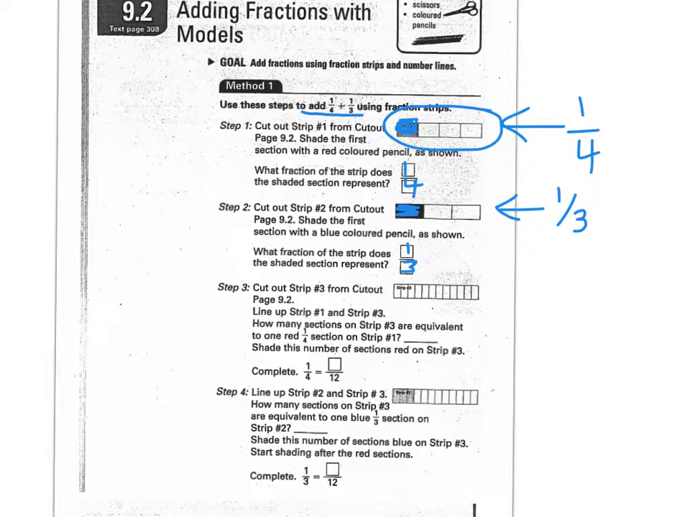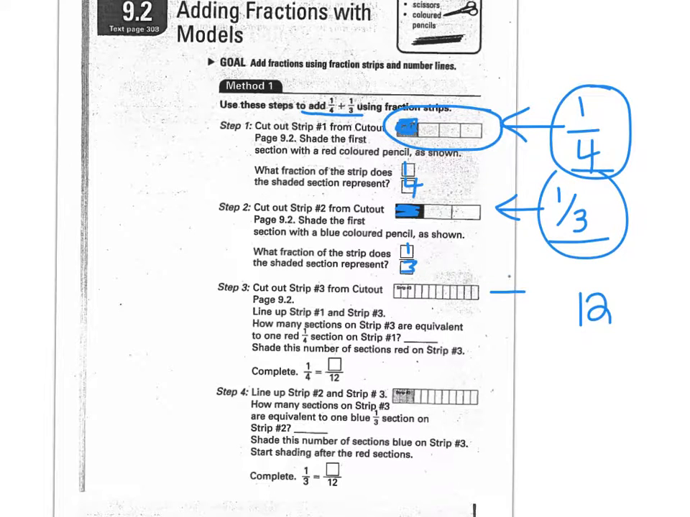We should know that to add fractions that don't have a common denominator, we need to find a common denominator. The common denominator between 1/4 and 1/3 is 12. So I'm going to take fraction strips that are divided into 12. If I line this one up over top here,